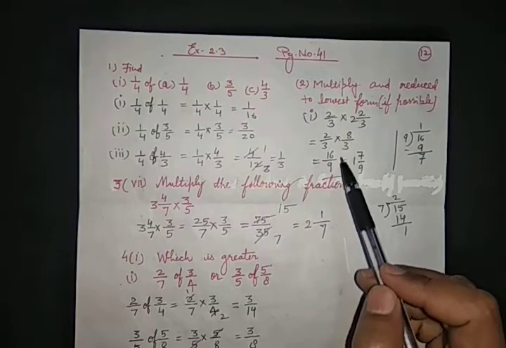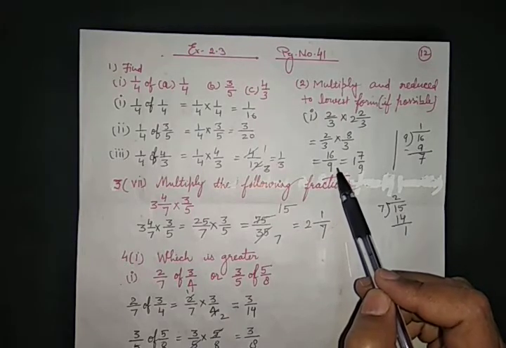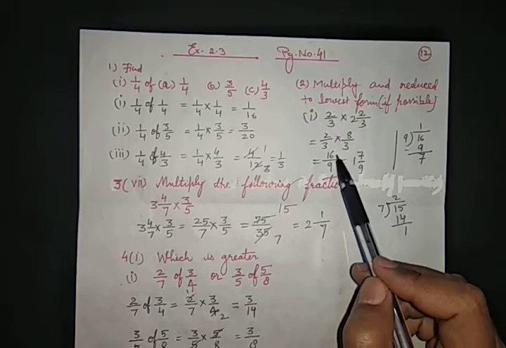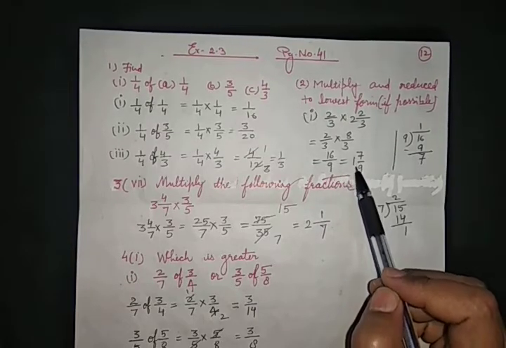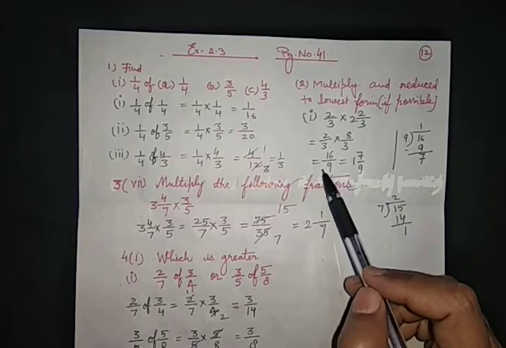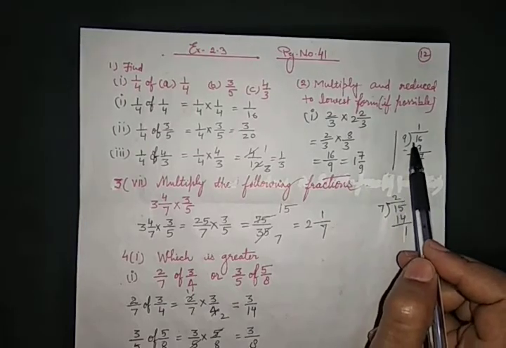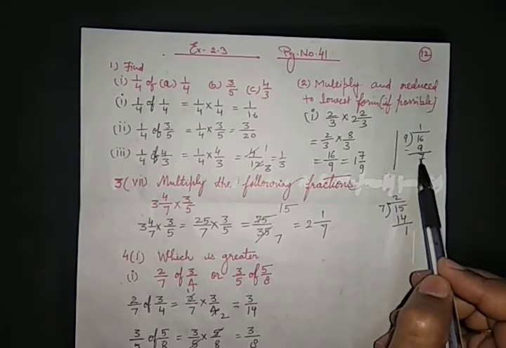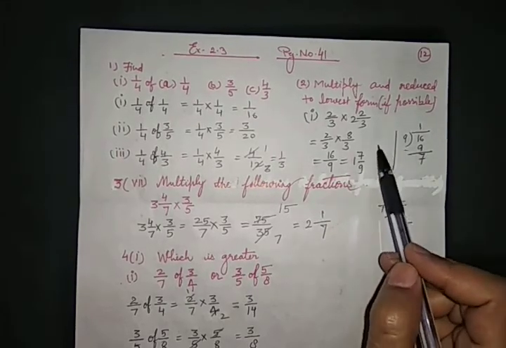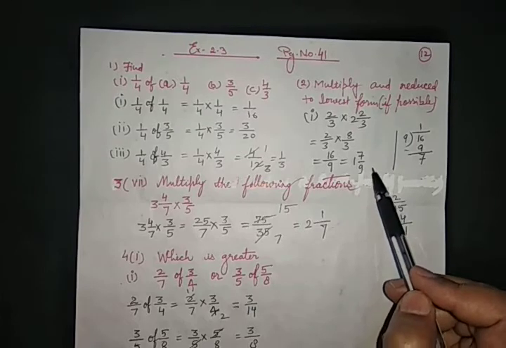Now we will see whether it is in reducible form or irreducible form. So I think it is clear. It is irreducible. So what do we have to do now? We have to convert it into a mixed fraction. Why? Because 16 upon 9 is an improper fraction. Now 16 divided by 9. 9 1s are 9. 16 minus 9, what came? 7. So the fraction will be 1 whole 7 upon 9.